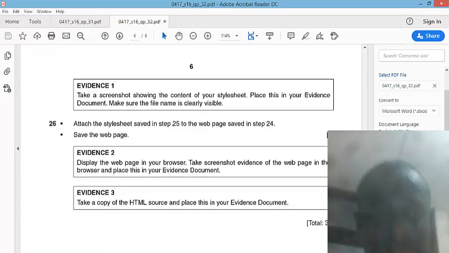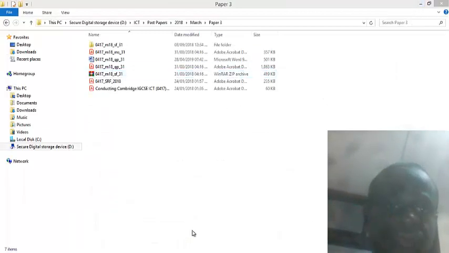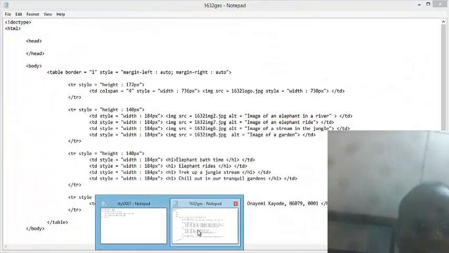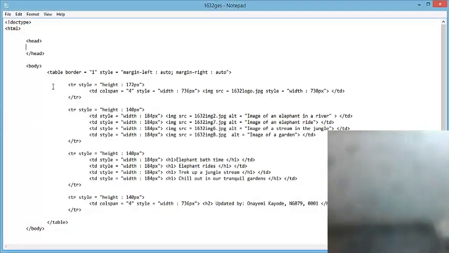Attach the style sheet saved in step 25 to the web page saved in step 24. To do that, you use the link tag. Just like the image tag, it does not have a closing tag too. So link, inside the link tag you type rel equals, in quotes, style sheet,